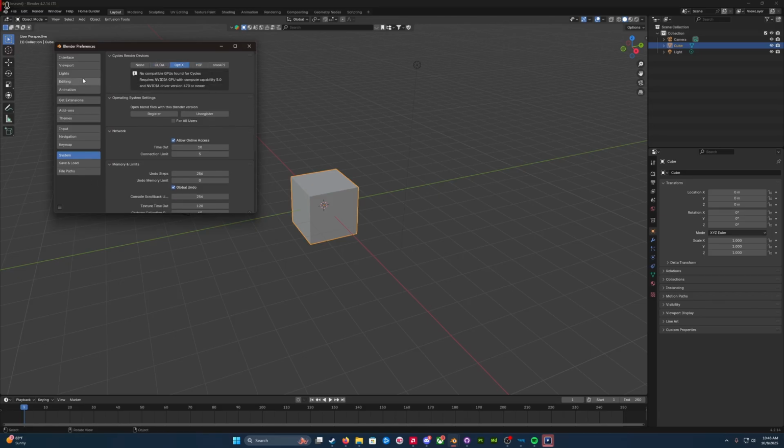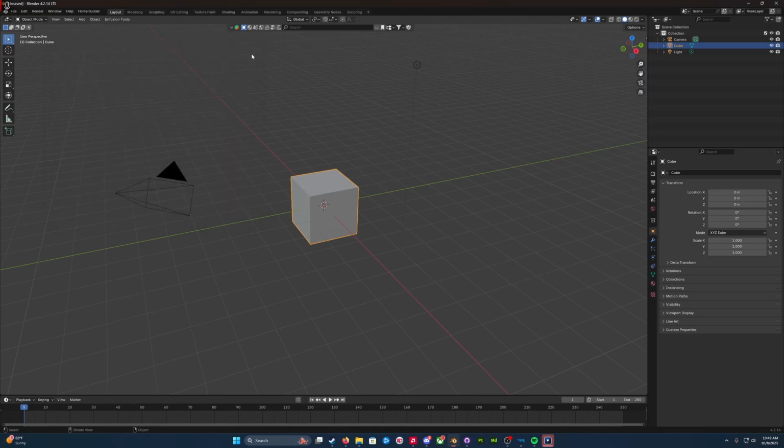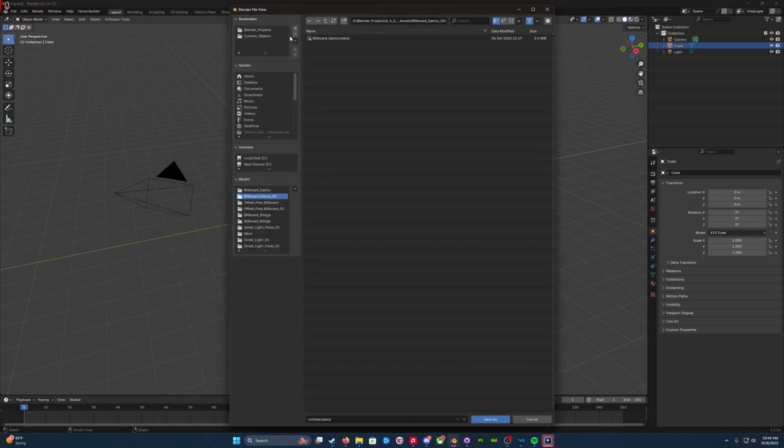All right, I do believe that is everything here. So we can hit X, and now we want to save, because if we don't save, it might not actually save everything we just changed in the preferences. I've had that issue. So what I would recommend doing is making a folder that you're going to dedicate to